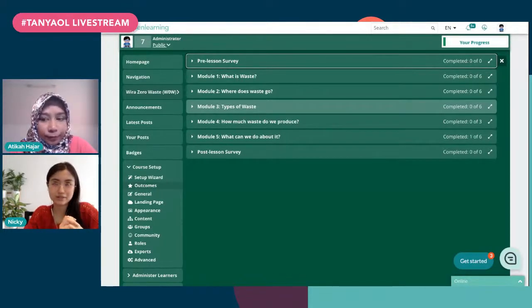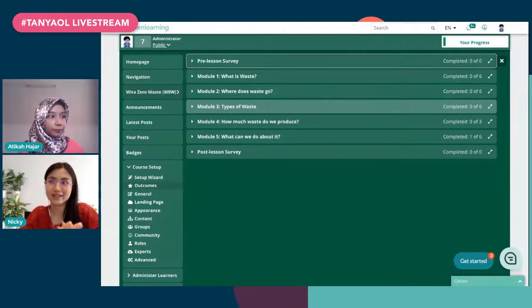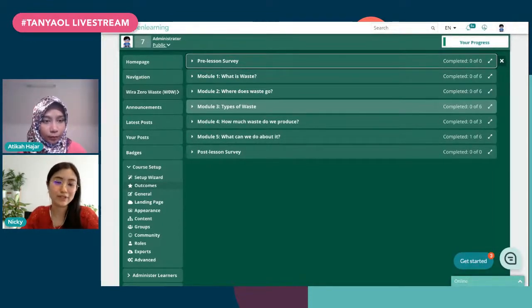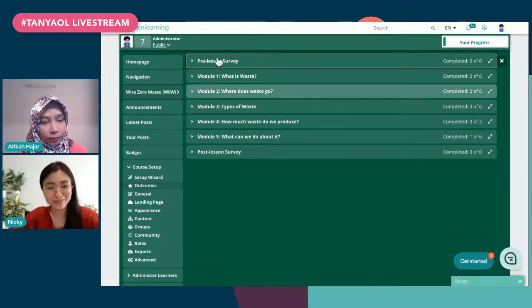In Malaysia, I think 70%, I think that's the stat, of all of our waste is food waste. So that's something that we talk about in the course. And then we ask the question, okay, so what happens if you are having dinner with your parents and by the end of dinner, you realize there's a lot of food left over? What do you do? These are the sorts of questions that we ask in the course. So we try to relate it back to the learners in the course, rather than just bombarding them with information and stats like 70% of waste is food waste.